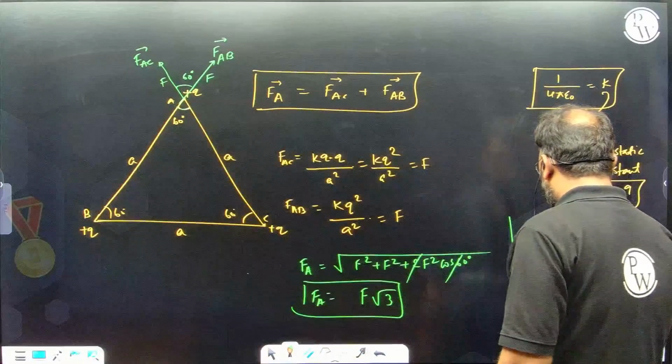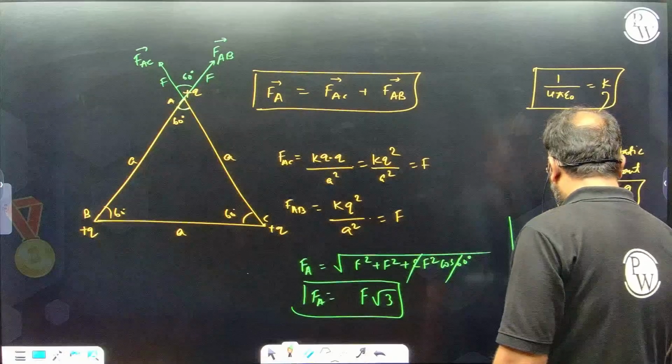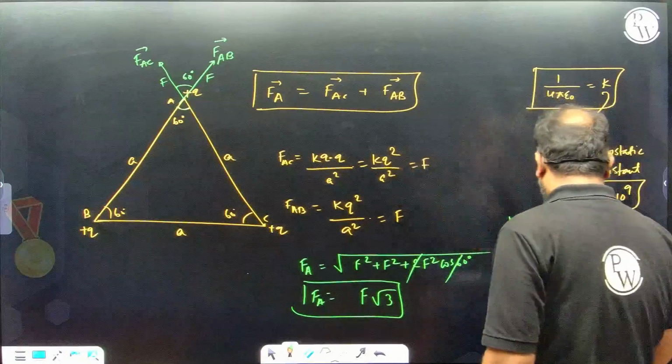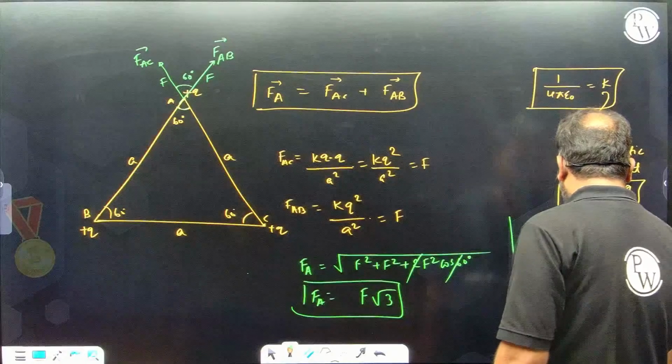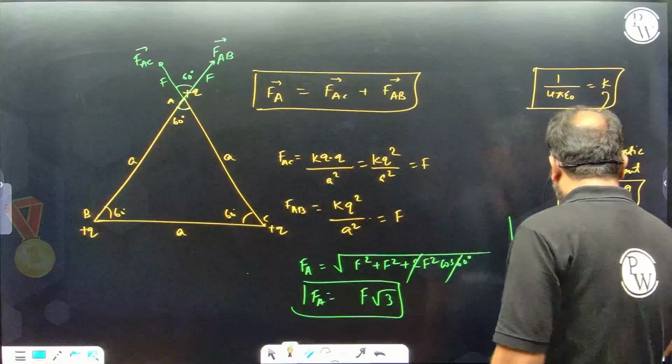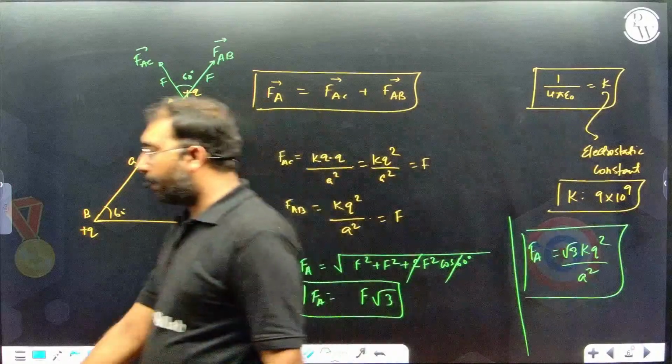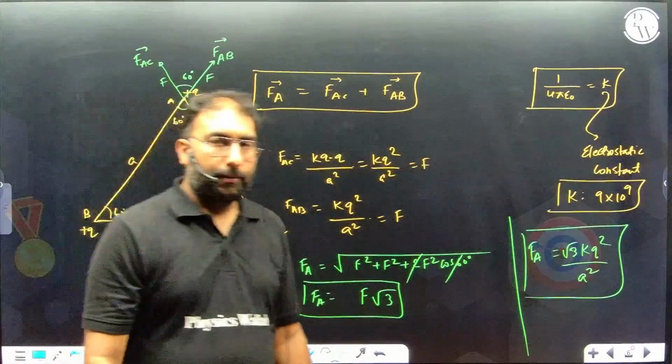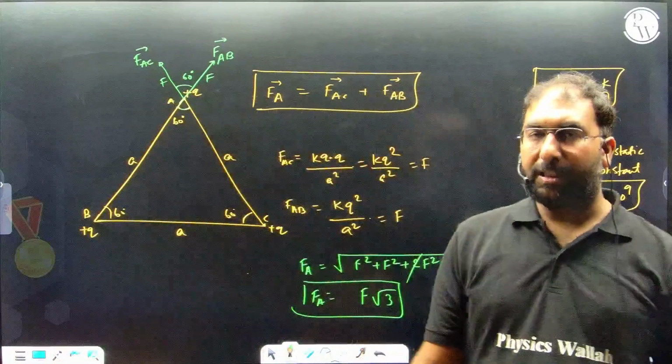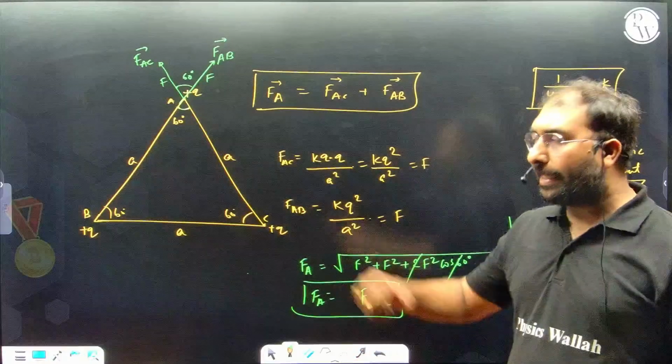So the net force acting on A is what? Root 3 multiplied by F, where F is KQ square by A square. So this is how we calculate the force acting on a particle due to the presence of other charged particles. And this idea can be extended to